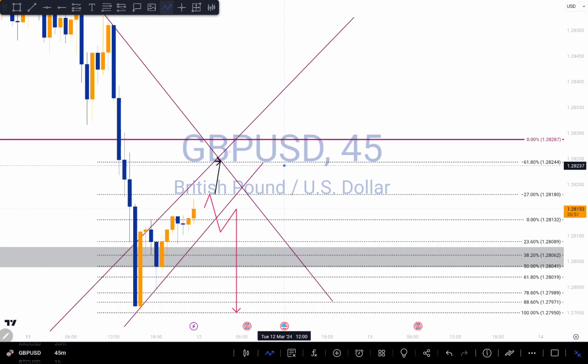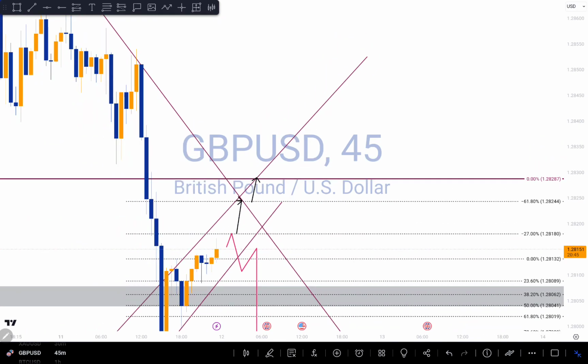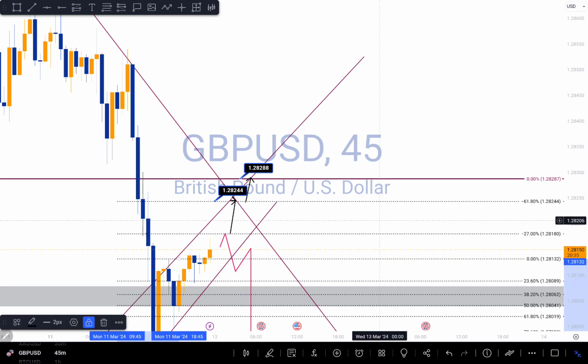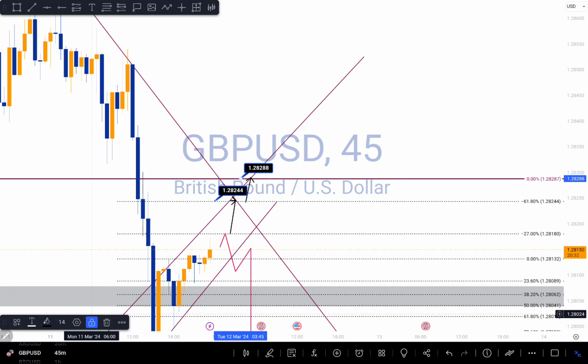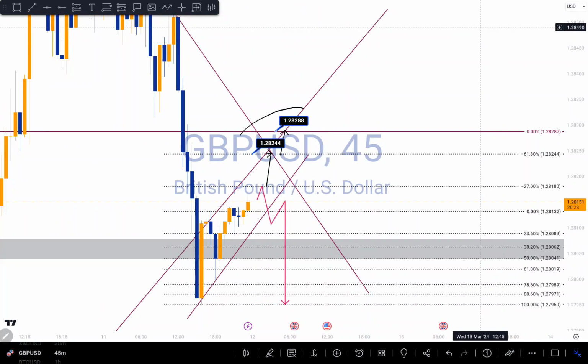Then this is also another one to look forward to as well. Let's see that one here. Let's see this one as well. That one as well. So if you're looking for a buy, at least to this area right here,